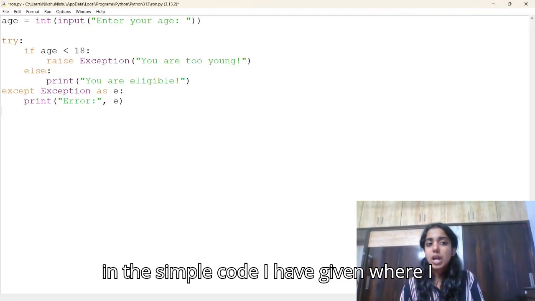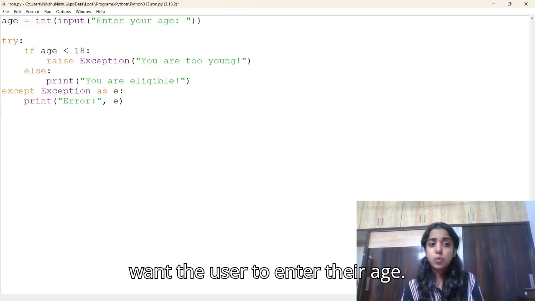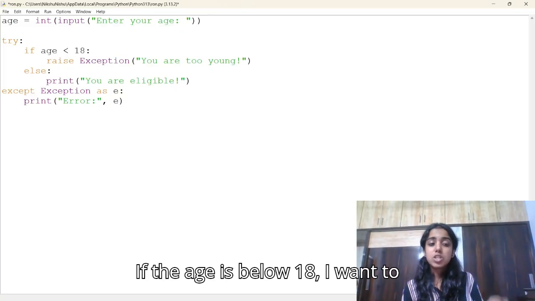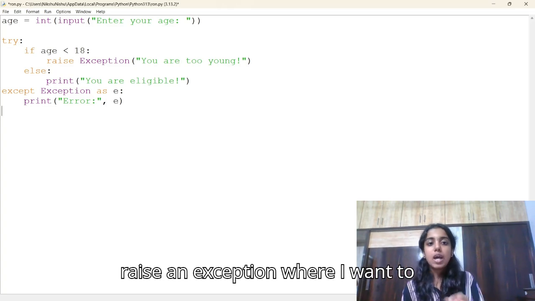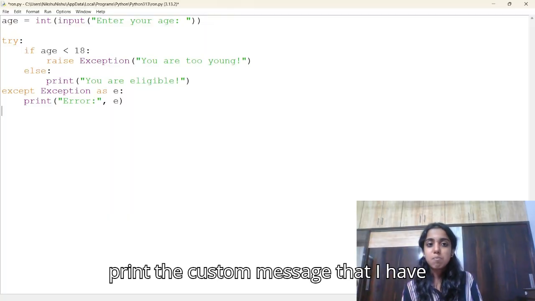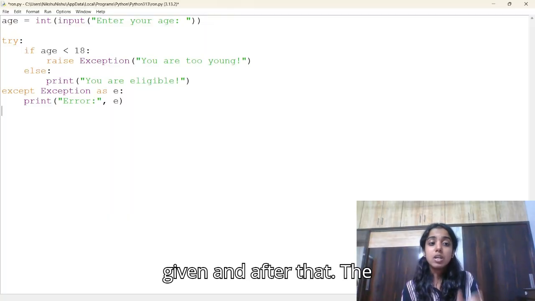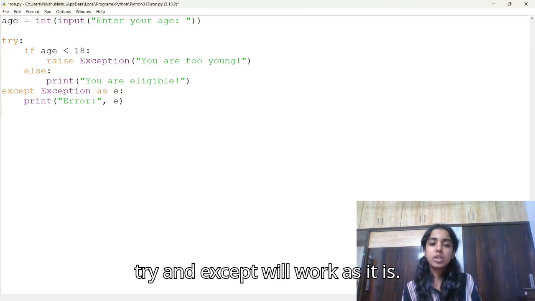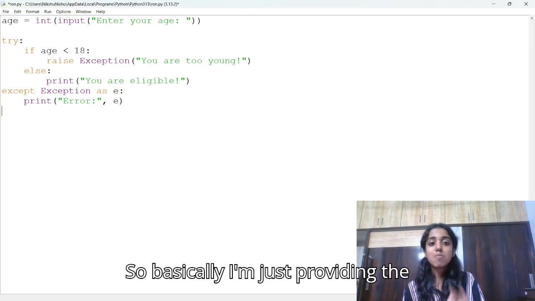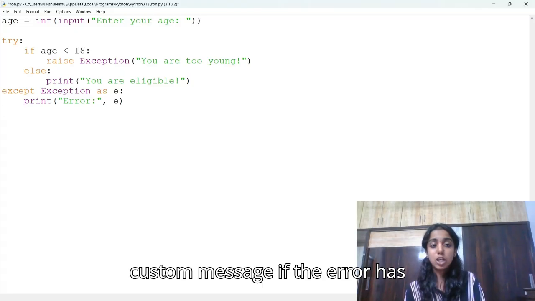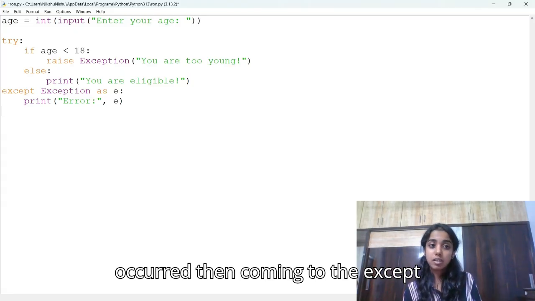The simple code I have given is where I want the user to enter their age. If the age is below 18, I want to raise an exception where I want to print the custom message that I have given, and after that the try and except will work as it is. So basically I'm just providing the custom message if the error has occurred.